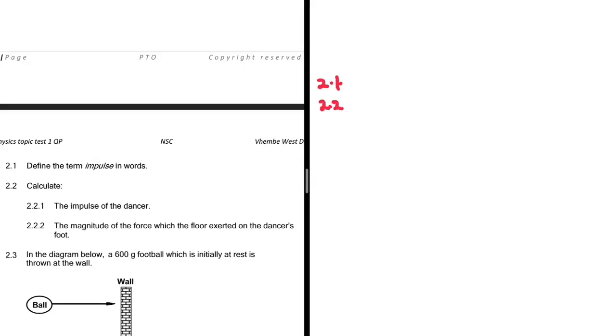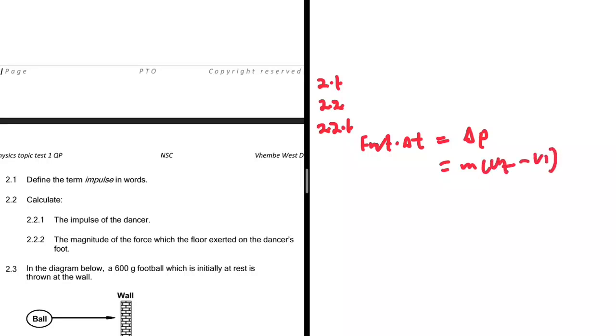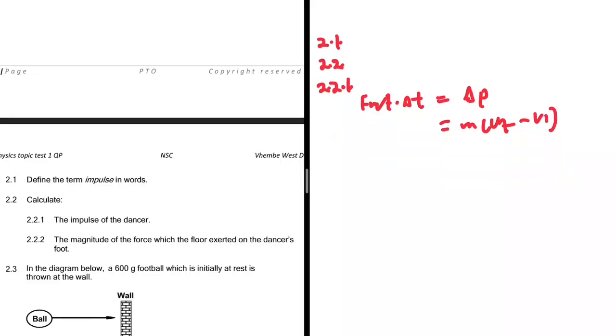And then 2.2, let's take a look at 2.2.1. We are supposed to calculate the impulse of the dancer. So F net multiplied by delta t is equal to delta p. Delta p is the impulse, but it is also equal to the change in momentum, right? We have our initial velocity and we have our final velocity. We just need to decide which direction we are taking as positive. If we take upwards as positive, we're going to have the mass of the dancer being